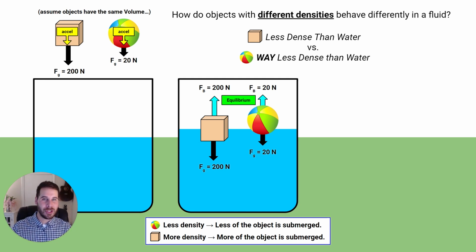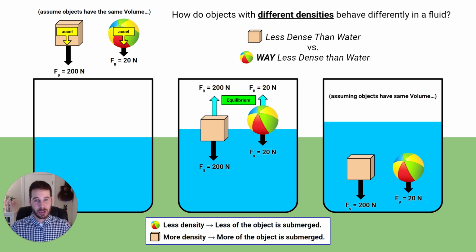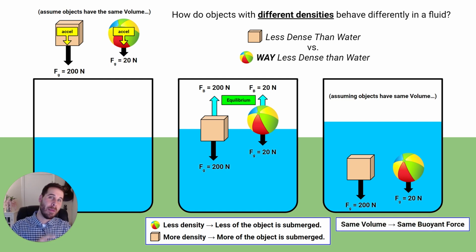Now, what if we took these two objects and we pulled them under the water? Remember that they have the same volume, that's what we're assuming, so that's not going to be a factor. They both are pushing water out of the way. Gravity's going to pull on both of them the same way it did before, so that's not going to change. 200 newtons for the box, 20 newtons for the balloon. But assuming that those objects have the same volume, they're going to have the same buoyant force as each other, because unlike the previous example, where one of them was pushing more water out of the way than the other one,